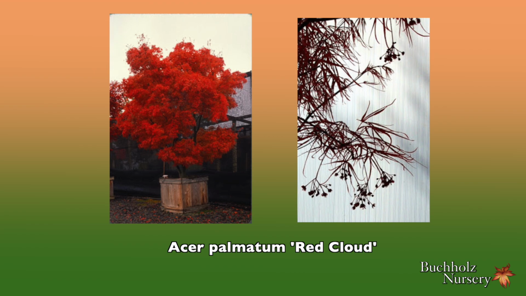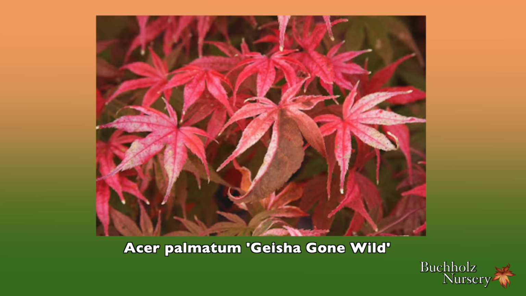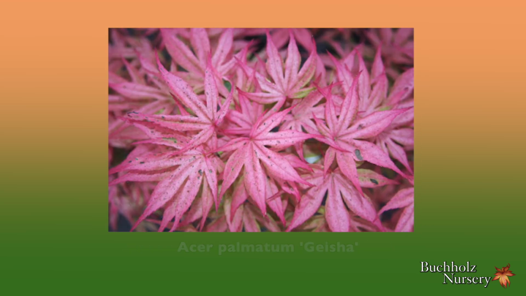I'll conclude this blog with my introduction of Acer palmatum 'Gisha Gone Wild', a provocative selection from about 15 years ago. It originated as a branch sport from a New Zealand company's introduction of Acer palmatum 'Gisha', a fun, wildly colored selection that I still grow, a few only. Gisha itself is an unstable wimp that will not prosper in most Oregon gardens, but it is a spectacular collector's plant that can survive in a coddled environment, such as in my greenhouses.